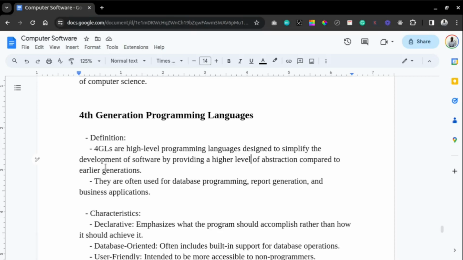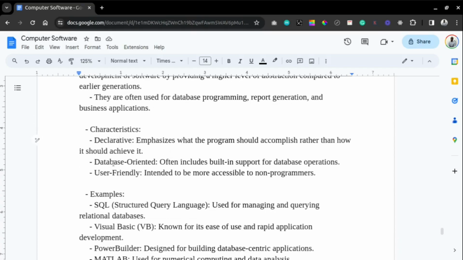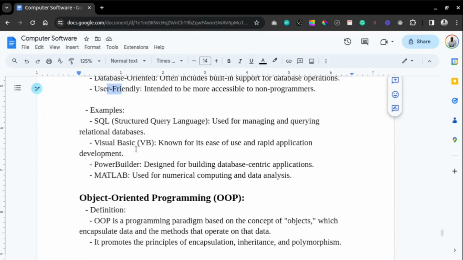They are often used for database programming, report generation, and business applications. So they are declarative, they are database oriented, and they are user friendly. All right. So examples will include the Structured Query Language that we refer to as SQL, VB that we call Visual Basic, we have PowerBuilder, and we also have MATLAB. MATLAB is used for numerical computing. This is what PowerBuilder is used for. So this is used for rapid application development because it is easy to use, and this is used for managing